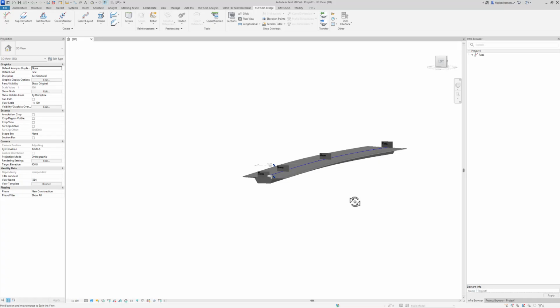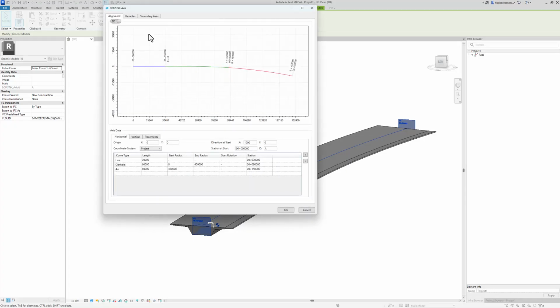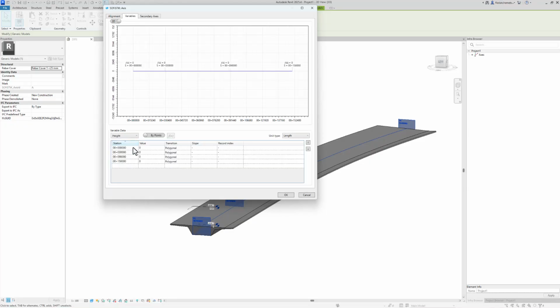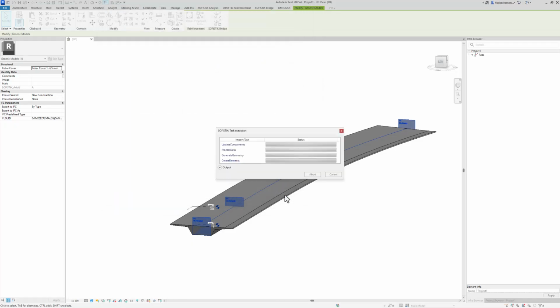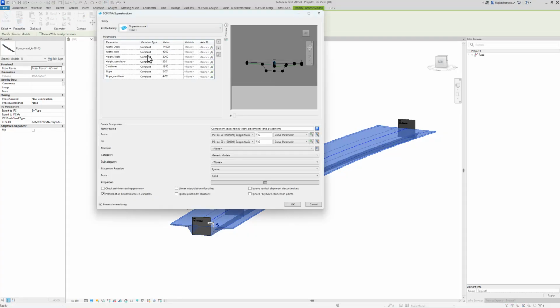No parametrization was done for now, but this can change quickly simply by going to the axis and creating a variable. For example, I create a variable for the height along the stationing, which should start at 4,000, should go up to 5,000, come back to 4,000 and go up to 5,500. Click on OK. And we can assign this parameter instantly to the height web parameter, or let's actually assign it to the width of the web. We don't necessarily need to assign the values accordingly.